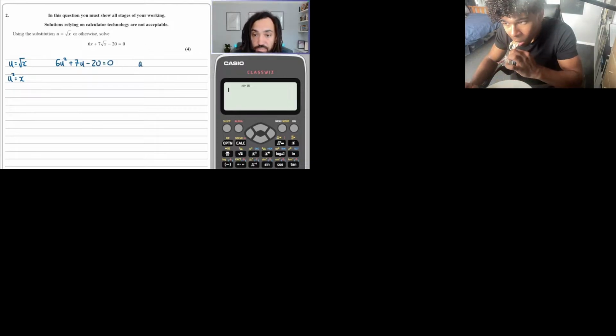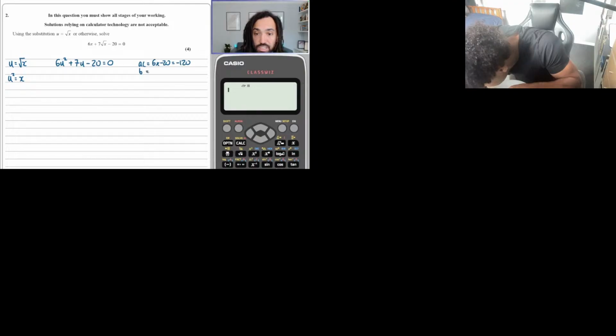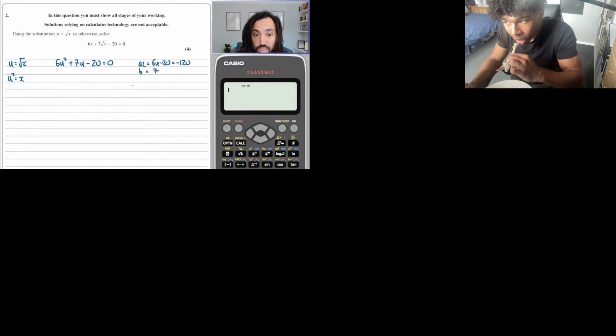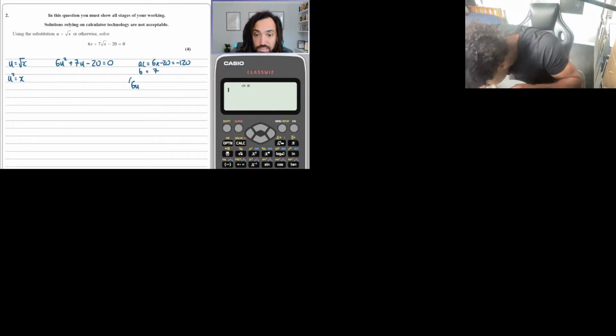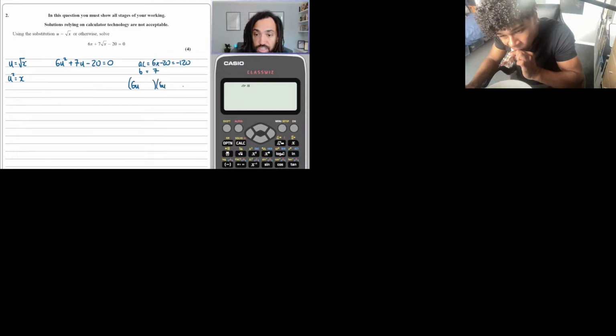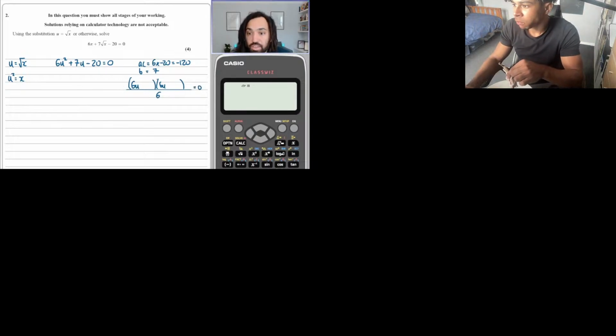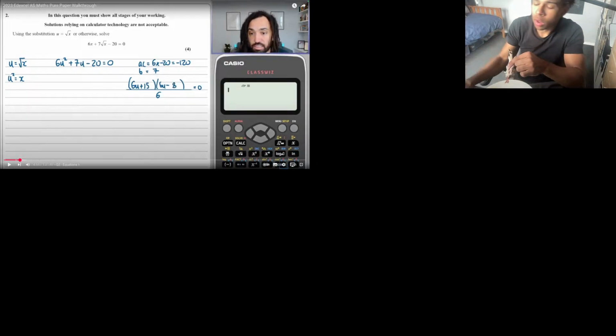Okay, so I'll do the same thing as before. I'll do the AC method, which is 6 times -20, which is equal to -120. The B term is 7. Because the A term is 6, I write 6, in this case u, 6u, and all divided by 6. And I then find two numbers that times together to make -120, and add together to make 7. So that will be plus 15, sorry, and -8. Yes, that does. So what I would have done